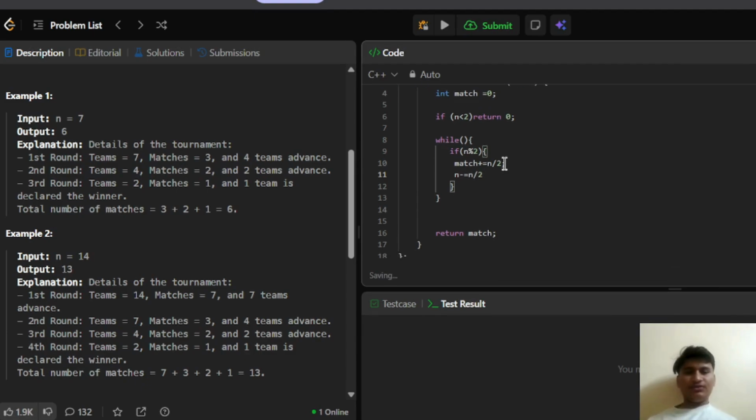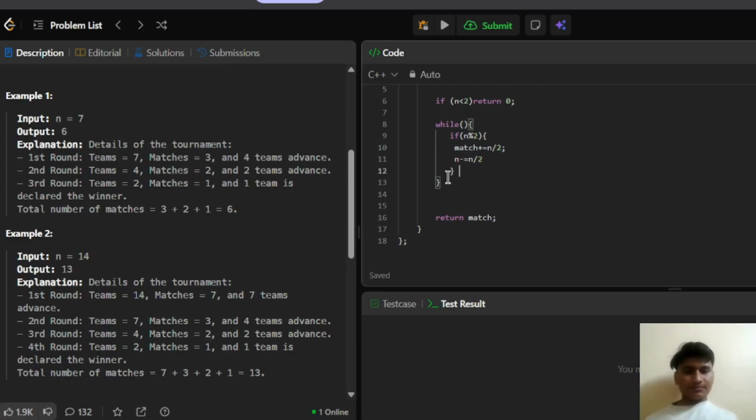So in this situation, we will add n divided by two to the matches. So if we have four teams, then we will definitely have two matches in that round. Whatever the number, divided by two matches will be there in that round, and we have to eliminate that many teams. However many matches we take will also be our eliminated team number. Else